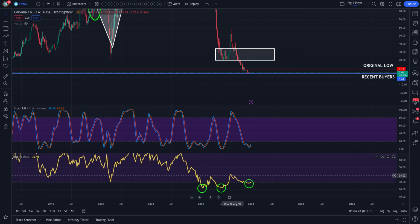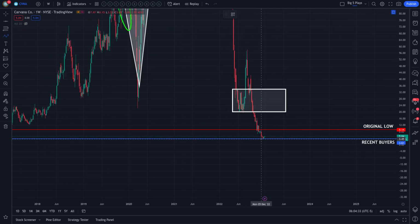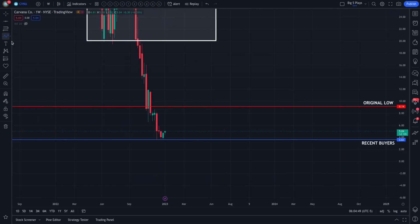Yeah, guys, the conservative price target for Carvana over the next, I'm being very careful with this, let's give it a full month, for starters. If we have to get back in and give an update on that price target, that's fine, as long as the lows are respected. The low is going to be the blue line down here where the recent buyers stepped in, which is currently at about $3.62. So assuming there are no weekly candles closing below $3.62 over the next month,